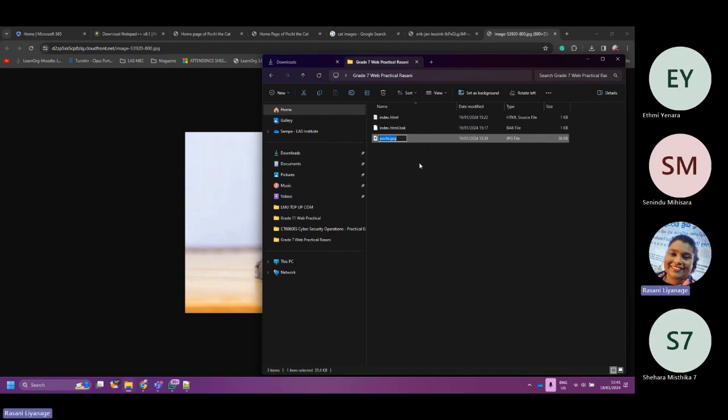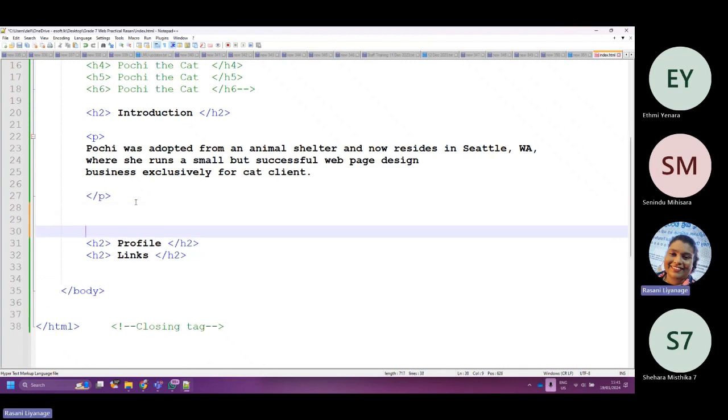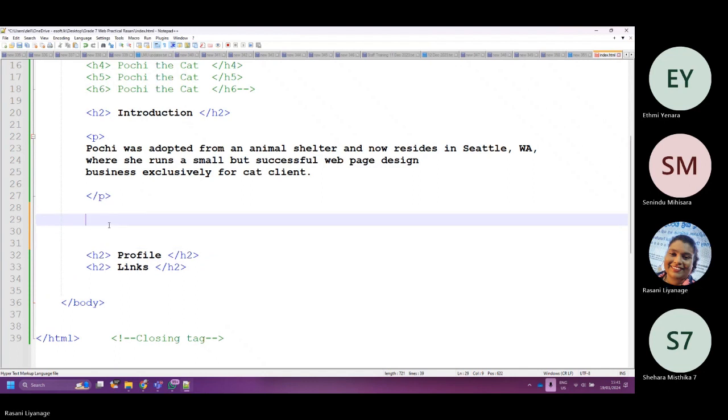All right, copied. After copying, now we have to be before the profile. Before the profile here.